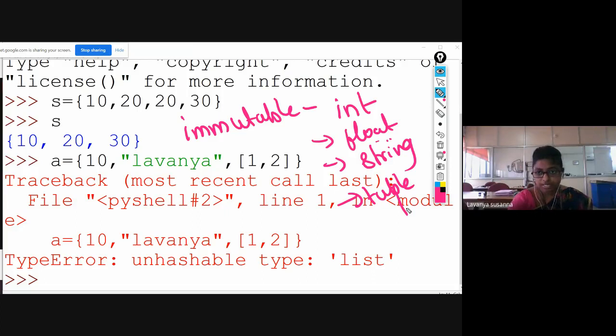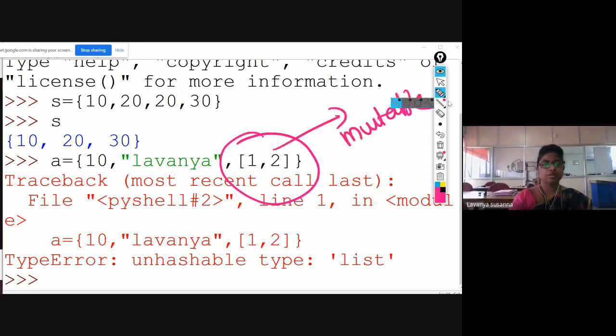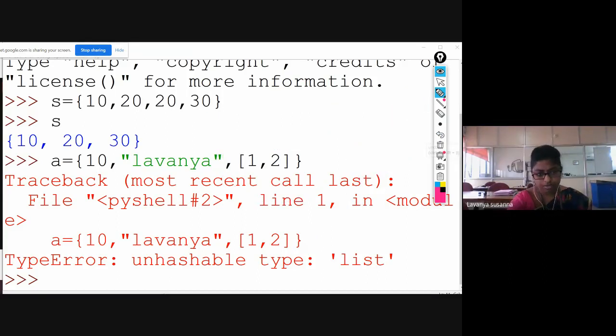Now, see here, you got an error, right? Why did you get an error? Because you have given a list, which is a mutable object. You cannot give mutable objects. Now, once again, I'm giving a tuple.